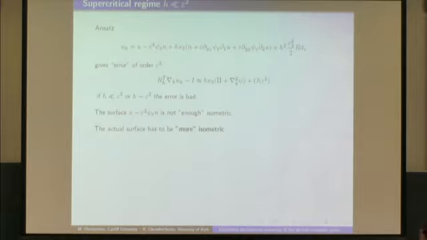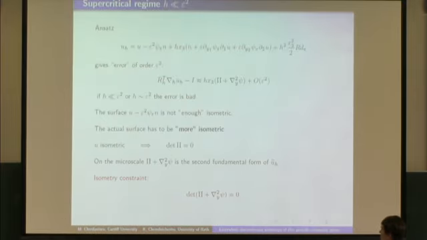The error is too big, and this is because in this ansatz, this is the surface, and this is the flattening, making it a plate in this bit as well. So this surface is not isometric enough, and we need to produce something more isometric, giving a much smaller error. Basically this error must be of infinitely small order, because we consider all possible regimes when h can be any order smaller than epsilon squared. So I need to go a bit faster.